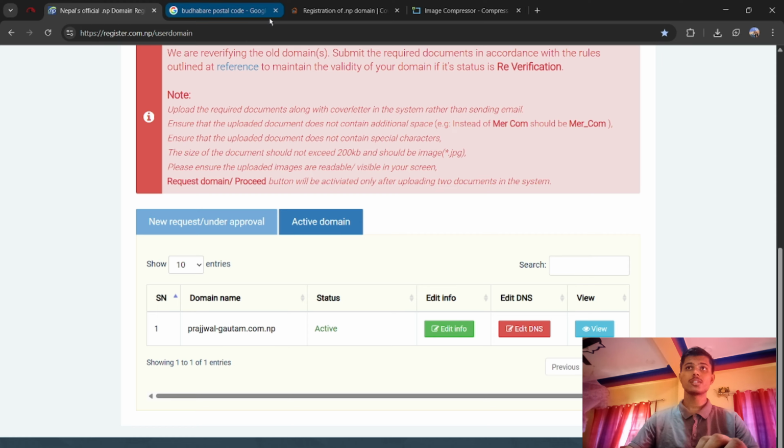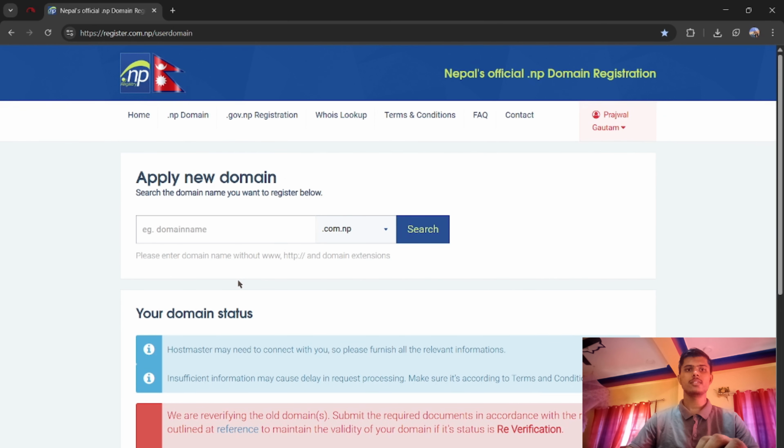So this was the complete process for the registration. Usually the registration portion takes at least 24 to 30 hours maybe, and once it is done,